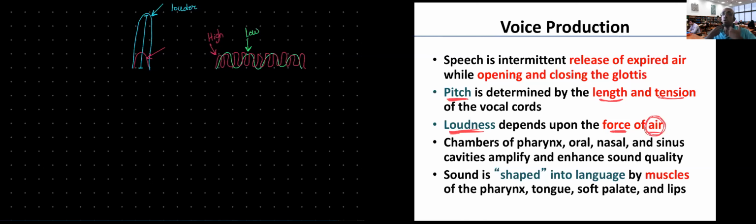All right? But in the voice box, we have only 2 chords. We don't have that much variation. So how can we determine the pitch of a sound? By stretching the vocal cords. If I want to emit a high-pitched sound, I will be performing more stretch of the vocal cord. If I want to emit a low-pitched sound, I will need to relax my vocal cords